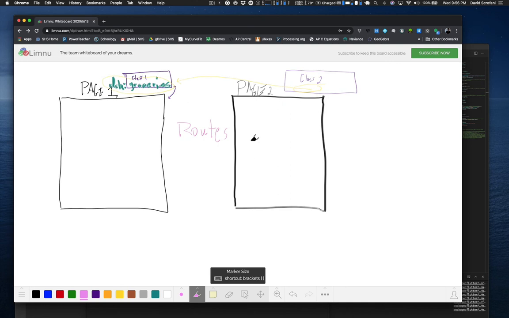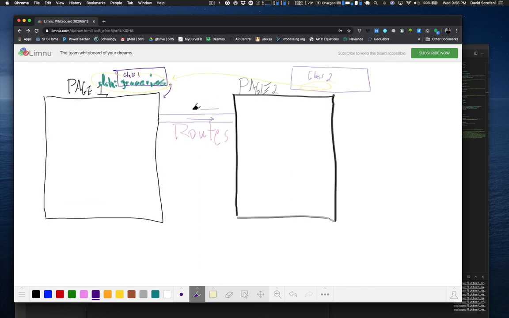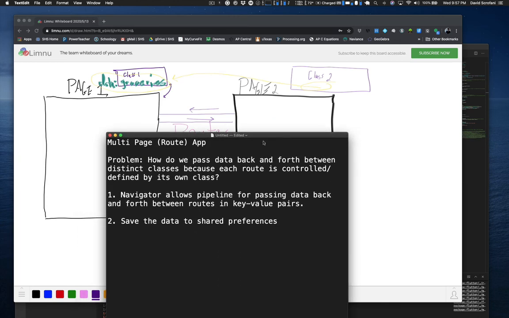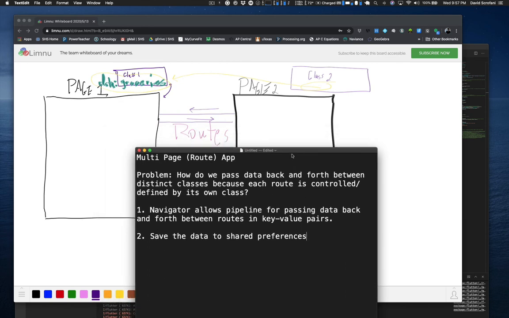And then the widgets in this UI can actually rewrite and edit what's saved to the shared preferences, and you go back and forth. So what you're doing in that case is, instead of creating the pipeline back and forth between the two routes, which is what option number 1 is all about, using Navigator with a pipeline for passing the data back and forth,